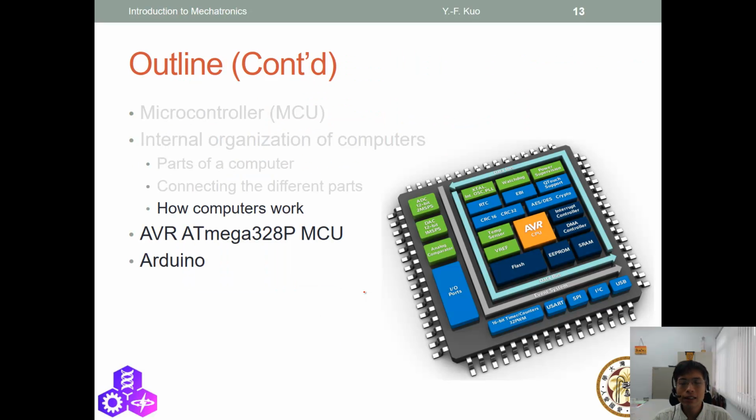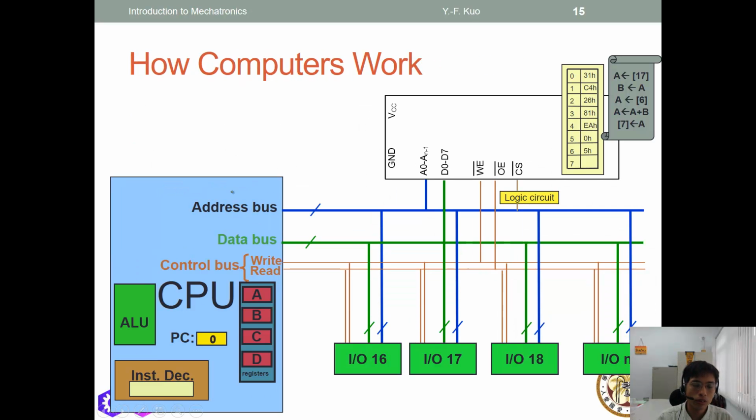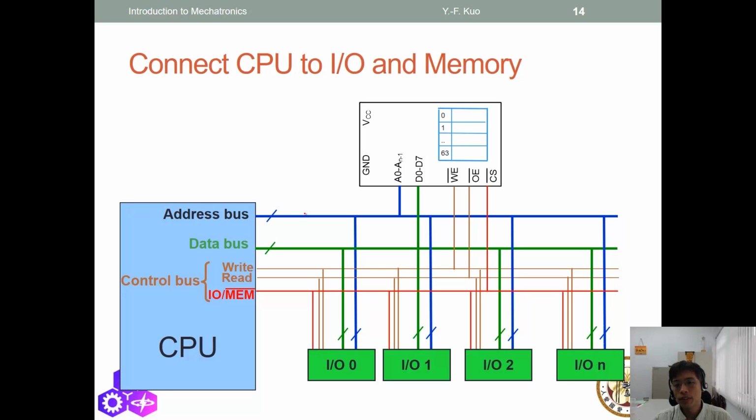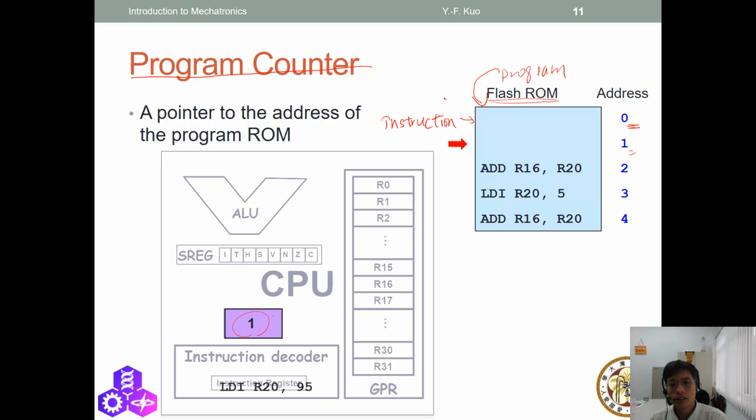Okay, now let's take a look at how a computer works. The first thing we have to do to make the computer work is to connect all the components together. What components do we have? We have a CPU that we just mentioned, and we have a RAM that we also mentioned in the slide